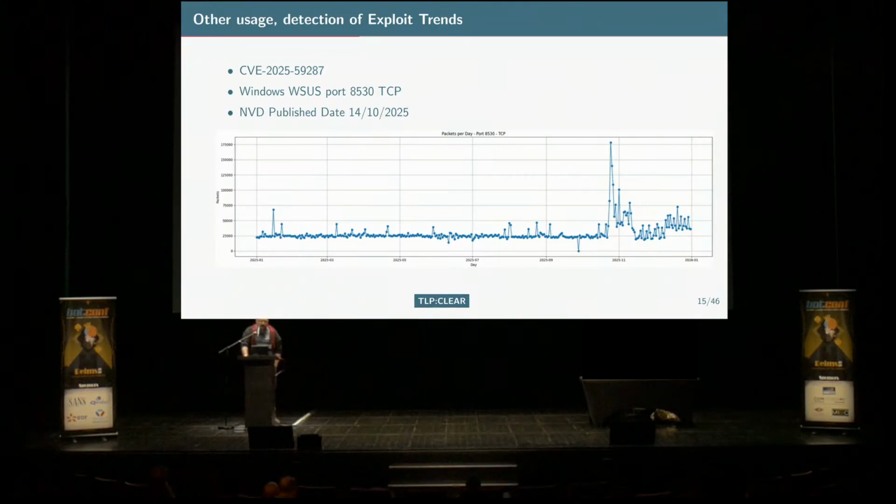That's an example. So last year we have, it doesn't work for the port 80 or 443, of course, because there are too many applications on the same port, and we cannot see anything. But if you take a look at, for example, this is a really good example, the WSUS exploit. So there is an application, Windows Update, with remote code execution. And the NVD was published the 14th of 10th of last year. And here you have the start. So you see that once there is a publication, everybody is looking for it.